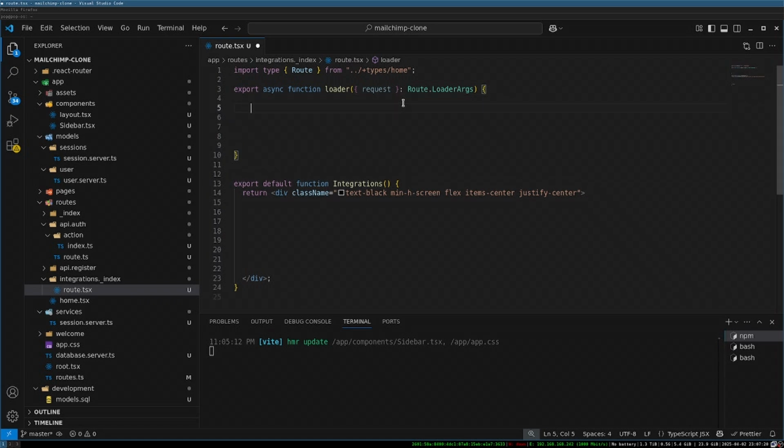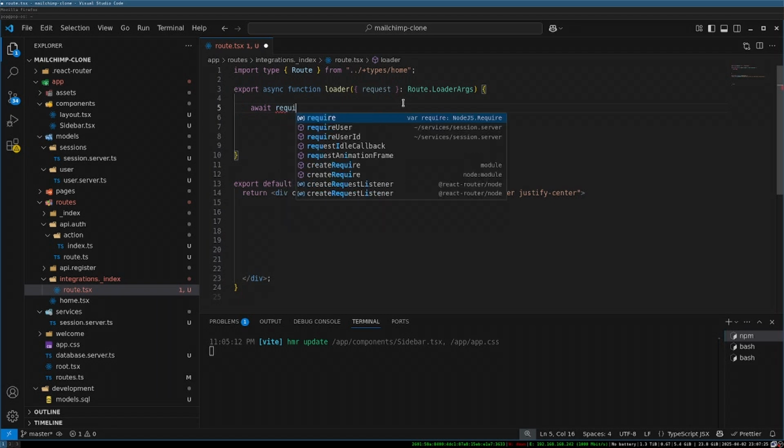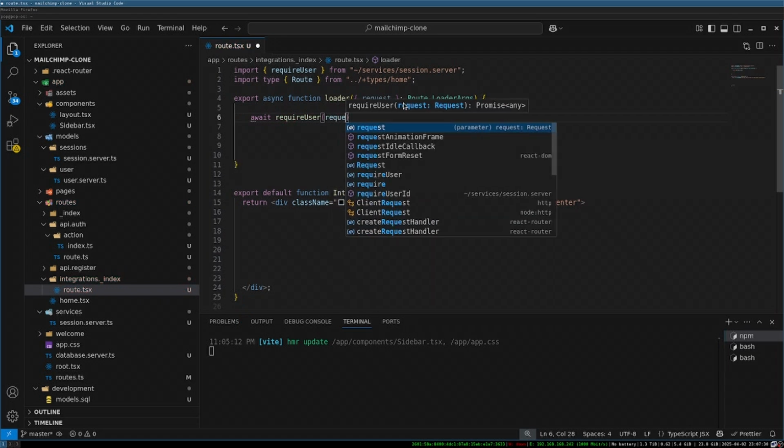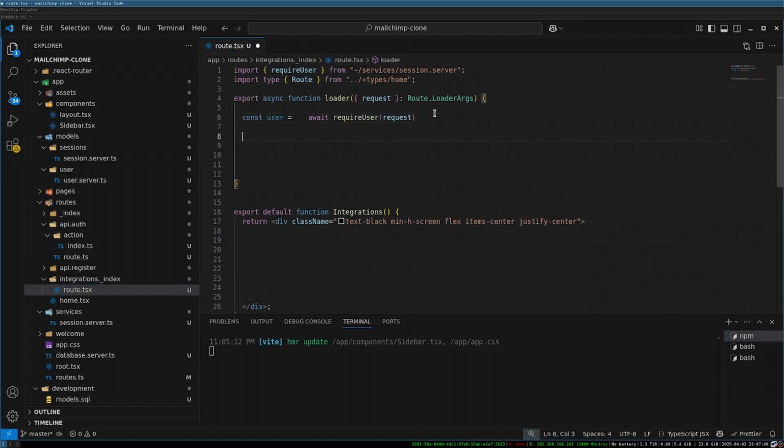Oh yeah, so it's await requireUser here, passing the request, and if there's a user, it's going to return the user object. So user, and now we can use that user object to access our ID, which is pretty convenient for us